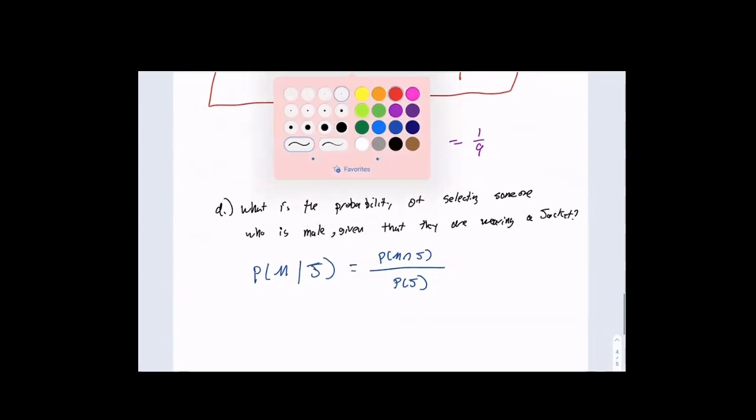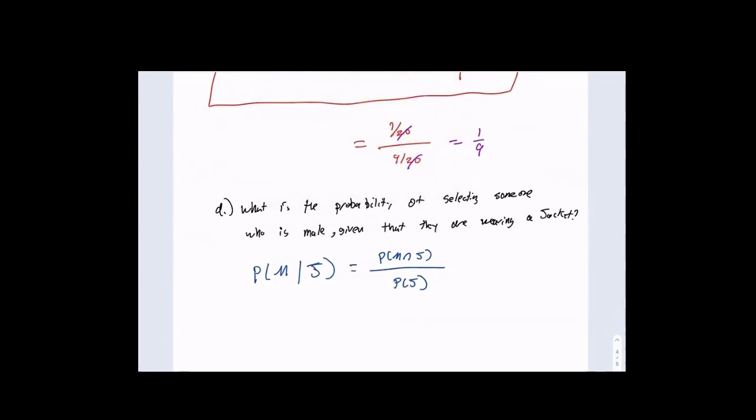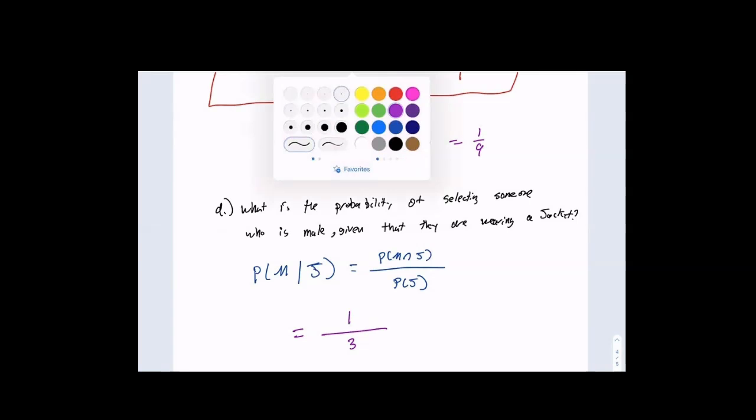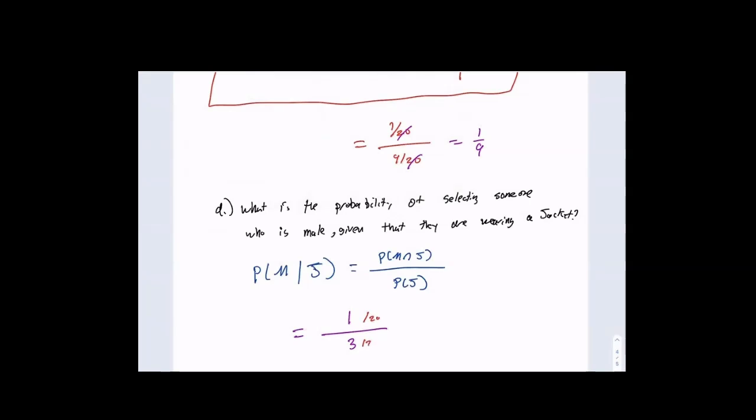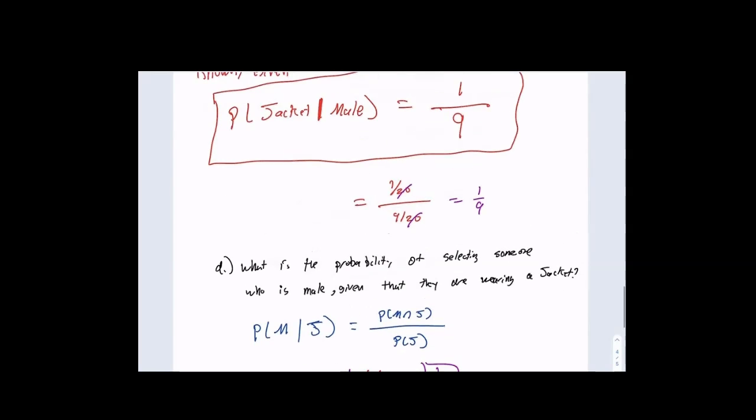However, when we do this work, we're probably not going to utilize probabilities in this instance. I know that this answer is, how many students are wearing jackets? 3. And technically it's 3 out of 20 for the probability. How many males are wearing jackets? 1. And if you wanted to say that this was out of 20 and out of 20, and therefore they cancel each other out, that math always happens. And so we get an answer of 1 over 3, which is a far cry difference than 1 over 9,